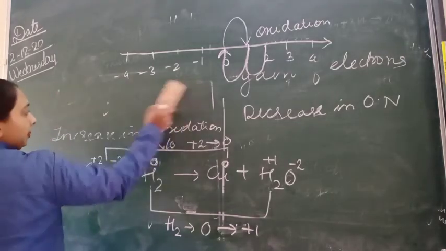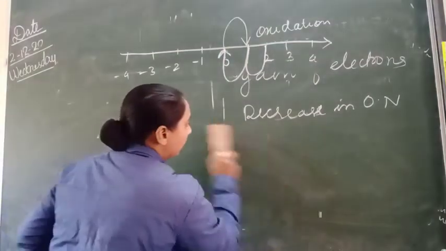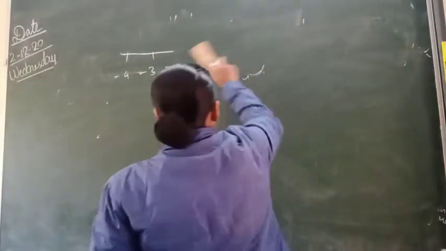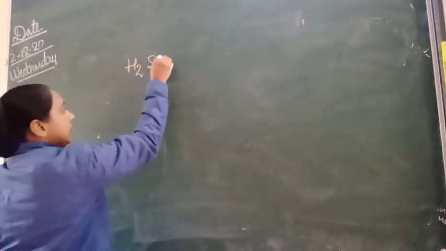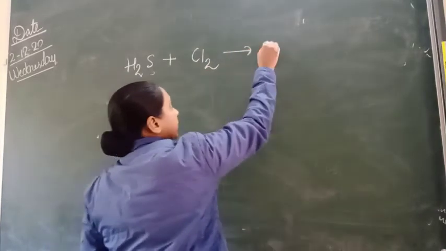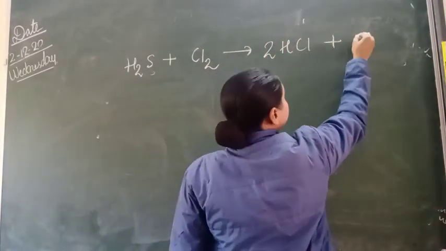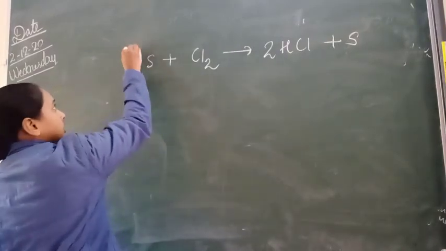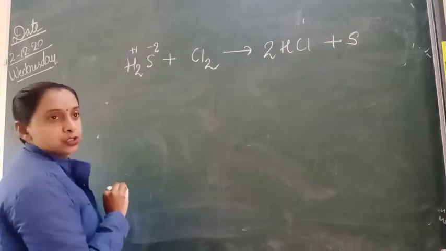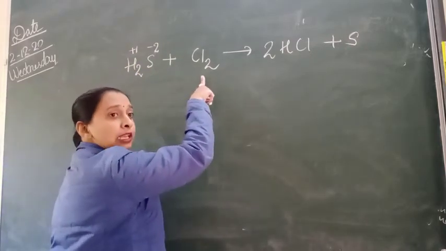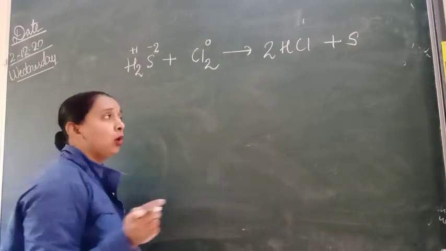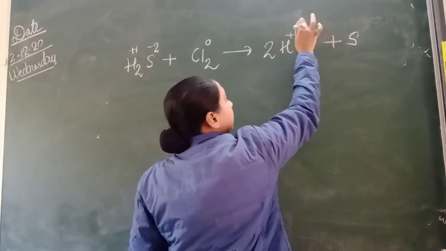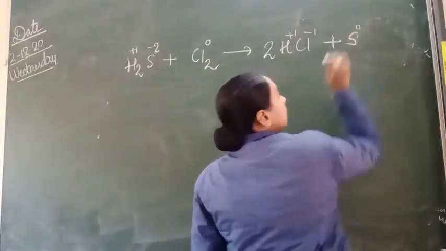Let me give you one more example. On the basis of this, then only you will be able to understand. Let us take another example of redox reaction. See here, H2S plus Cl2 is giving me 2HCl plus S, sulfur, है ना. Okay. Now see, it is in the combined form. Its valency is +1. इसकी valency कितनी है, -2. It is not in the combined form. किसी और element से नहीं combined है, so its valency is 0. Here valency is +1 -1. Yes or no? Sulfur की valency क्या है, 0.